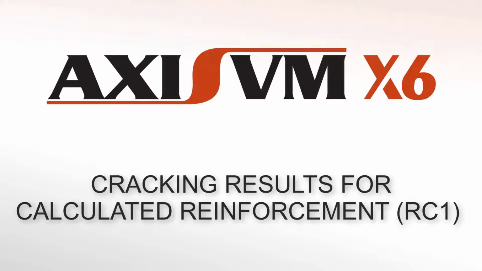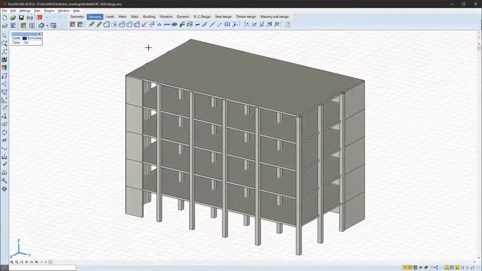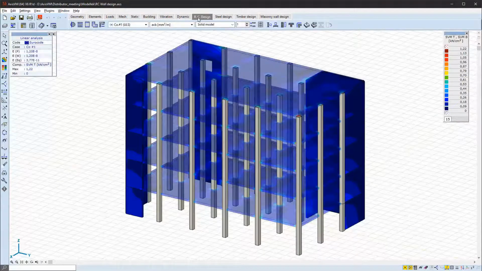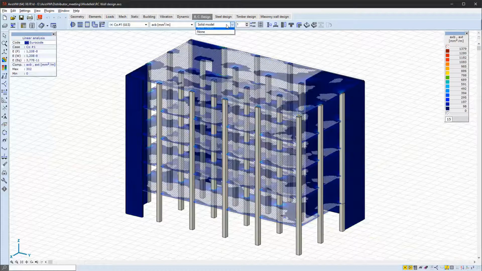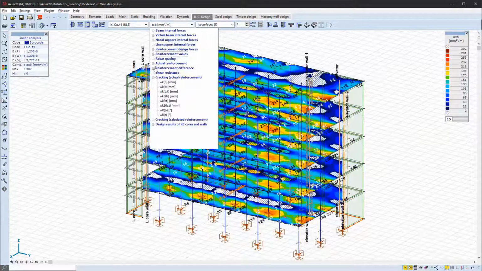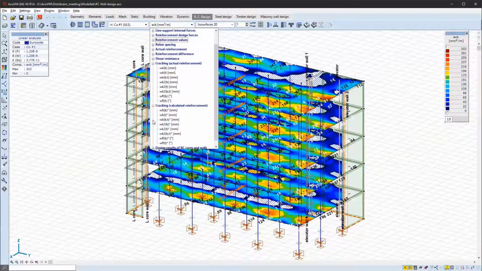Next, we have tracking results for calculated reinforcements. Basically, after the definition of the reinforcement parameters, the program will automatically calculate the crack width for the required reinforcements. The crack width calculated for required reinforcement can be considered only as an approximate value because the final actual reinforcement will be different from the required reinforcement.